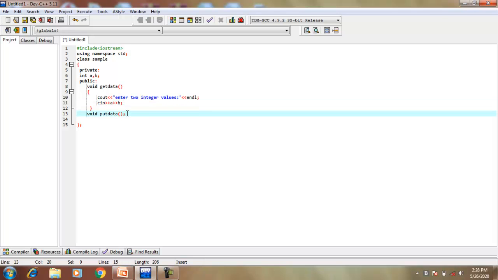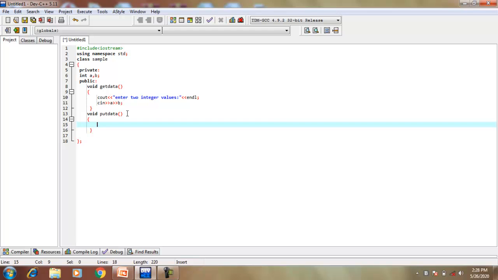Then write the definition of the output function. This function is used only for output. So here I am using the cout object. Display is done through the cout object.